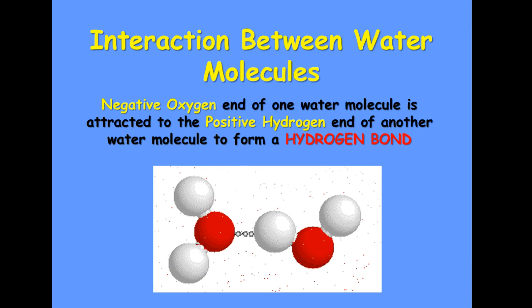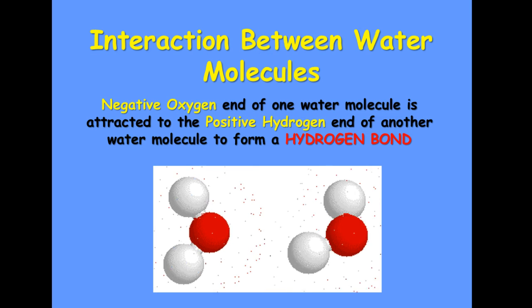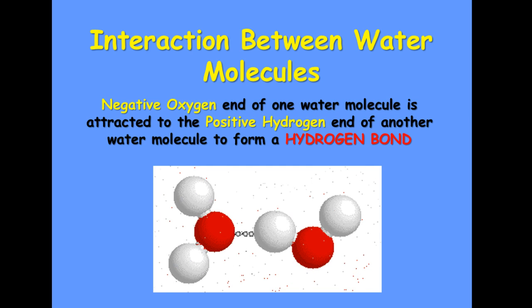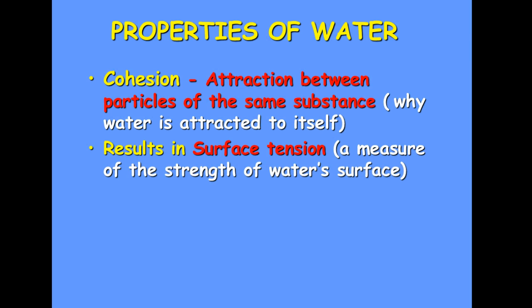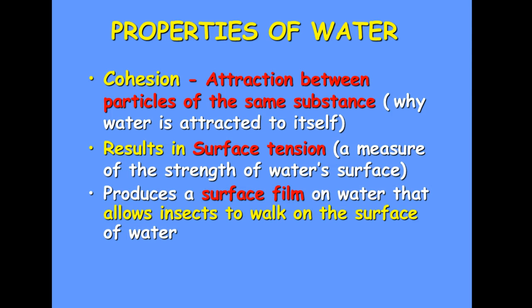One end is slightly negative, one end is slightly positive, and that makes water attract to itself, and that creates this property called cohesion. Alright, after you've written what the meaning of cohesion is, I need you to tell me the results. It results in surface tension. That means water is kind of strong as it attracts to itself, and this